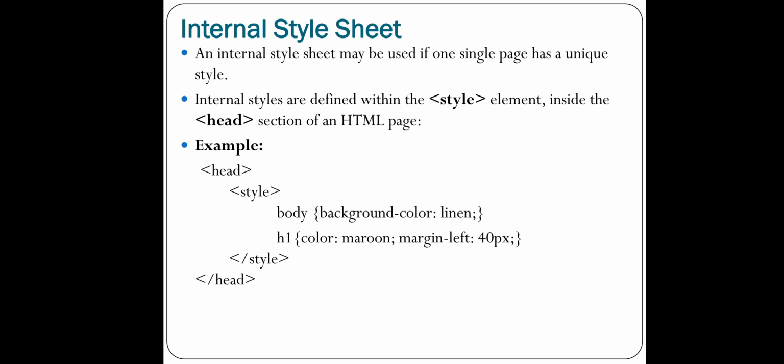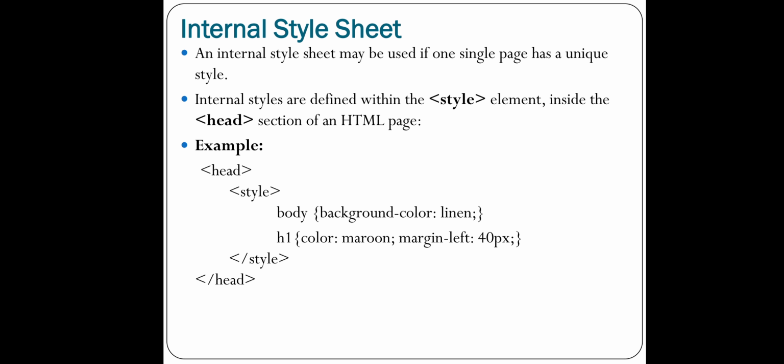We have seen that there is a style tag and this style tag is placed in the head tag. So with the example we'll see. Now in the example you can see in the head tag the style tag is placed, and in this style tag you will have all the elements or selectors which you wish to style. So if you can see, I am using two elements to style. What is the first element? My first element is body, that is I want it to have a background color as linen. And the second styling I am using is for which element? H1.